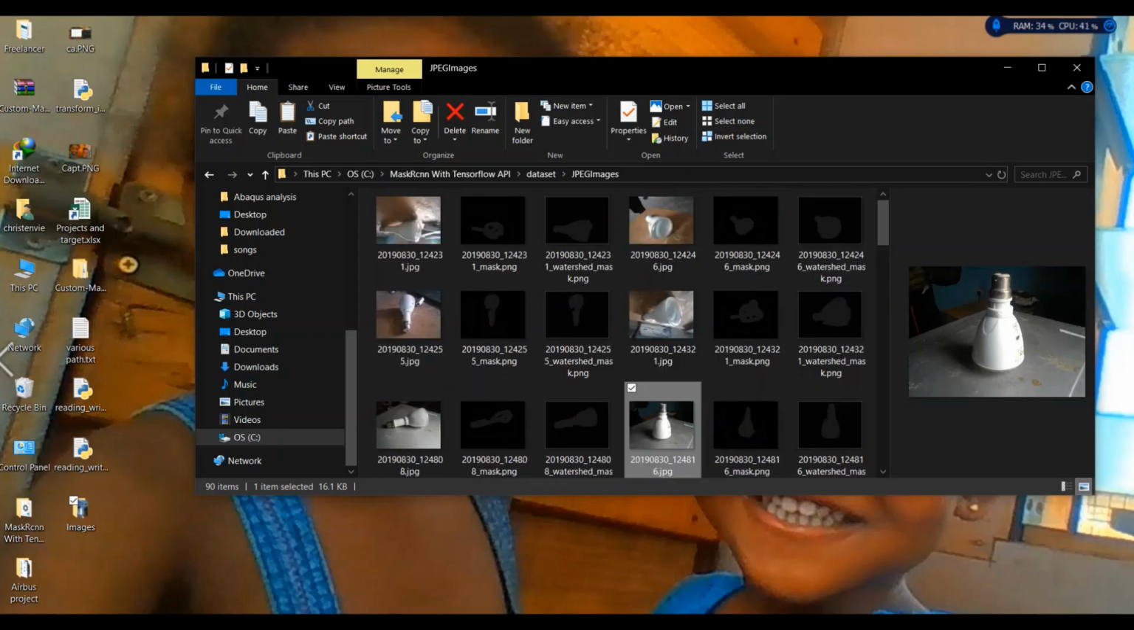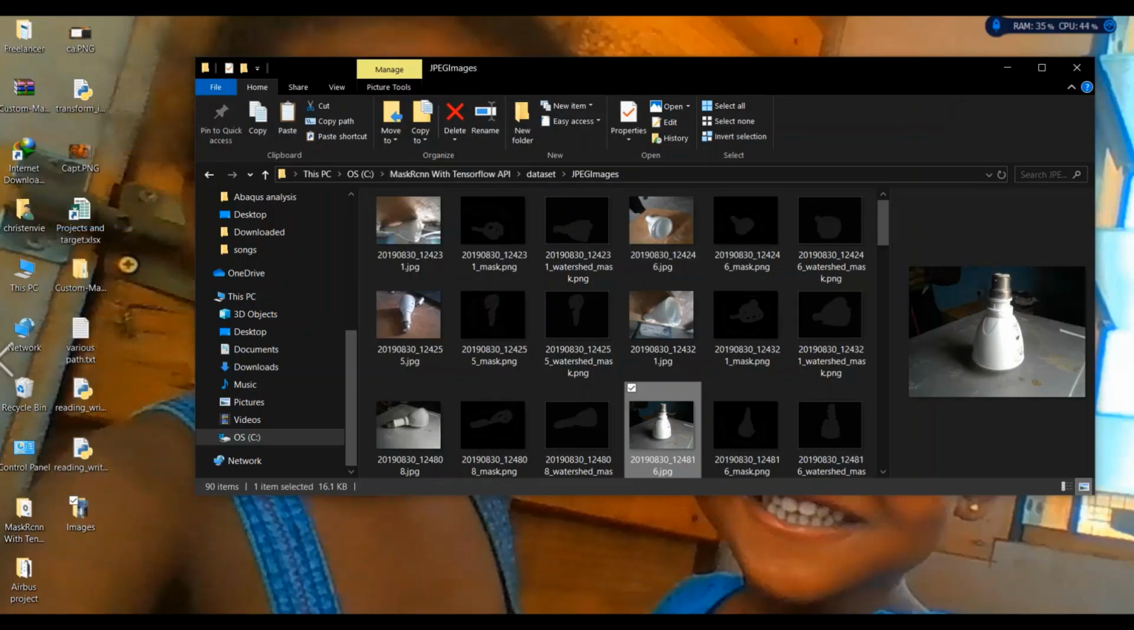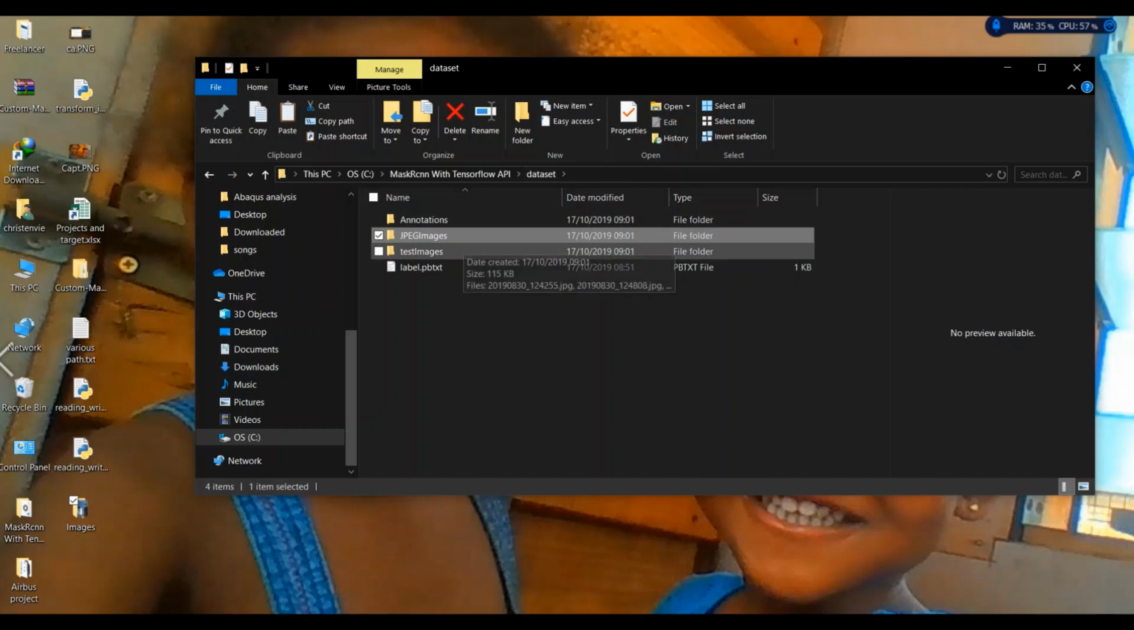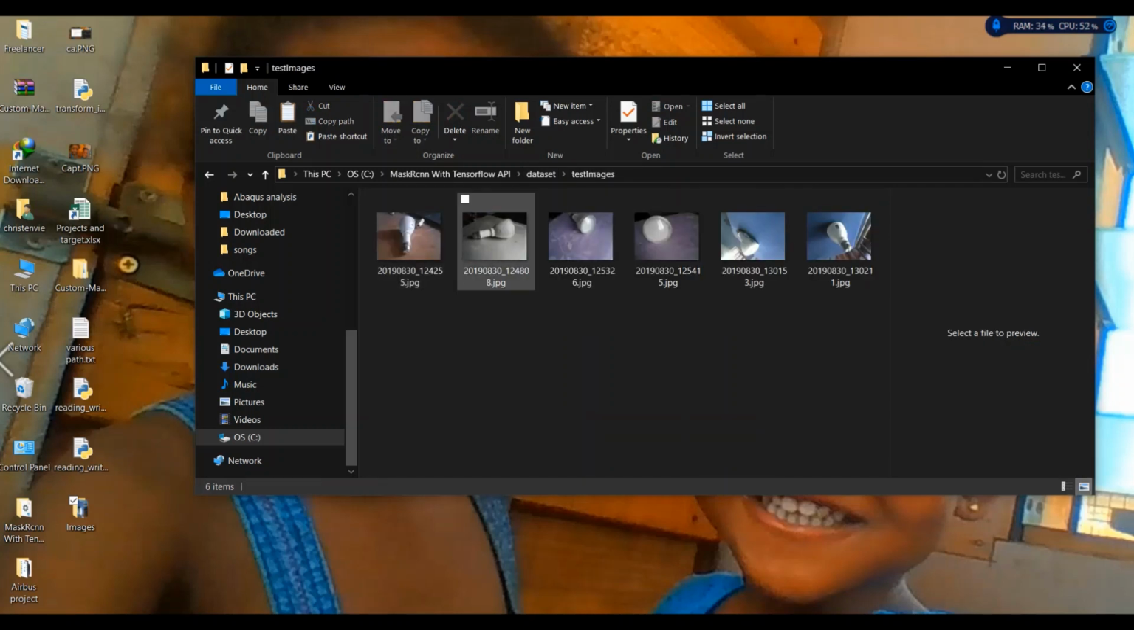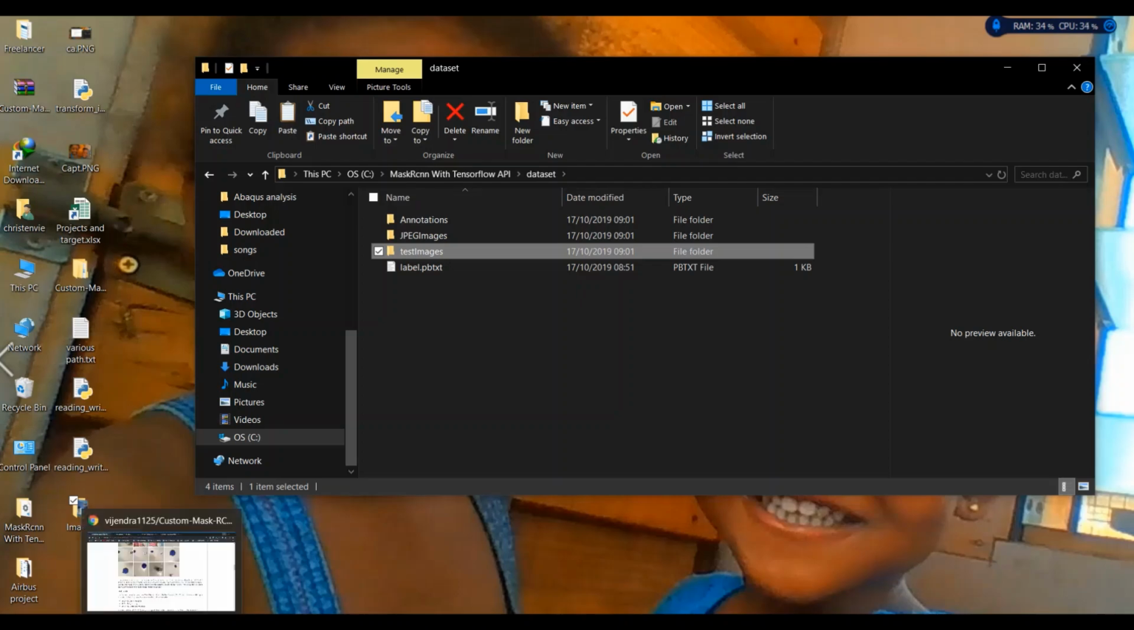After doing that, we take 20% and put it into the testing. So these are the testing images. We had 30 images, so 20% for the test will give us 6 images. We have 6 images over in this folder. The next thing to do